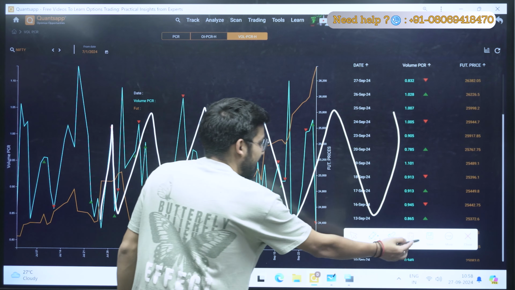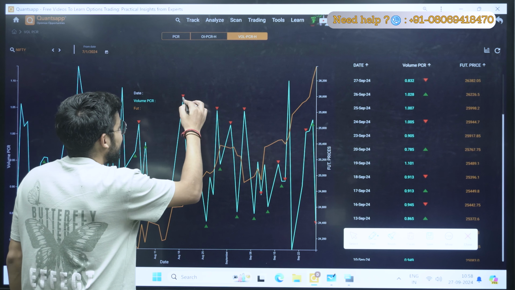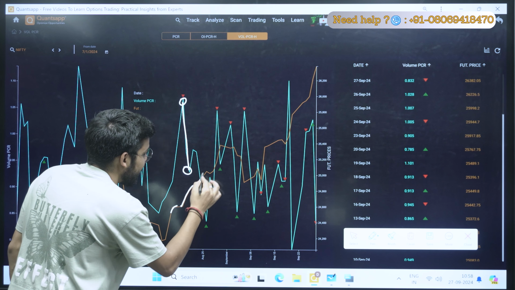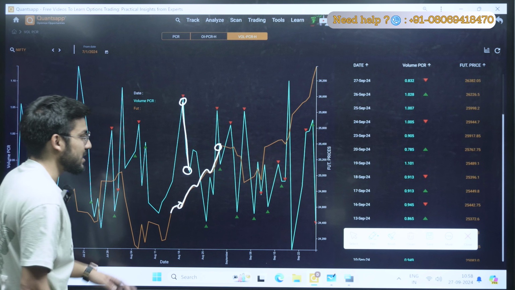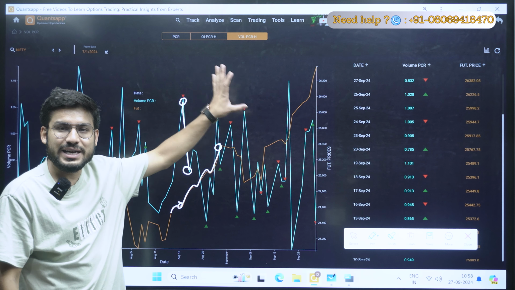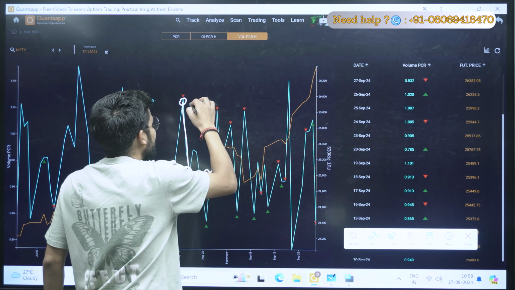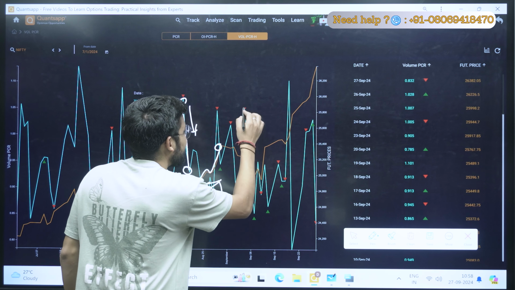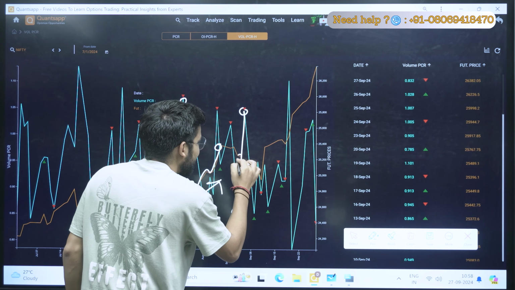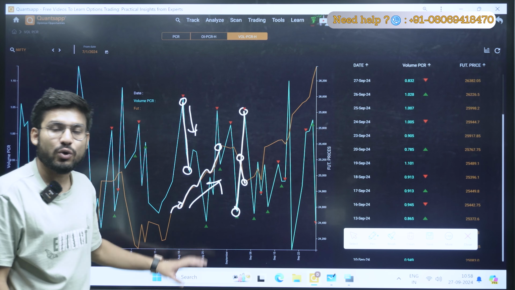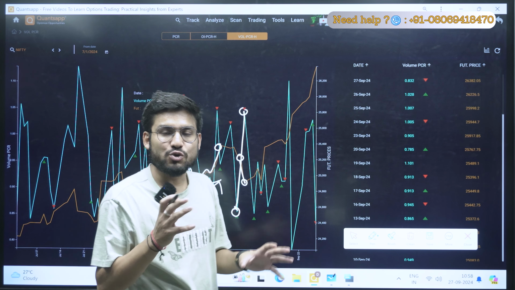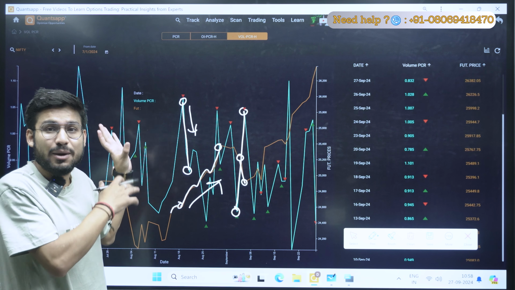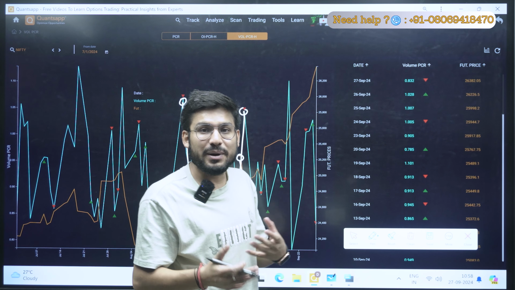Now I can analyze from this graph: whenever there is a downtrend in my volume PCR, at that time you can see there is an increase in my price. Right? You can see this. So I have validated my readings. जो मैंने आपको अभी पढ़ाया कि वॉल्यूम पीसीआर जब गिरेगा तो उस टाइम पे प्राइस इंक्रीज होगा. ठीक है, और जहां पे आप देखो whenever my volume PCR is increasing from here to this level, at that time you can see the price is also decreasing. So you have got it. आपने जो भी पढ़ा उसको एक बार आपने ऐसे वेरीफाई कर लिया चार्ट से कि yes it is also happening in the past also. Right? So whatever I have just read is correct.